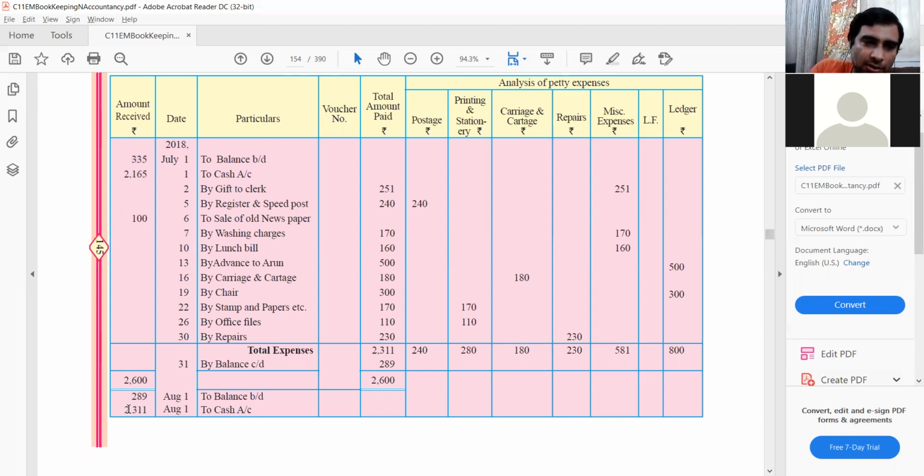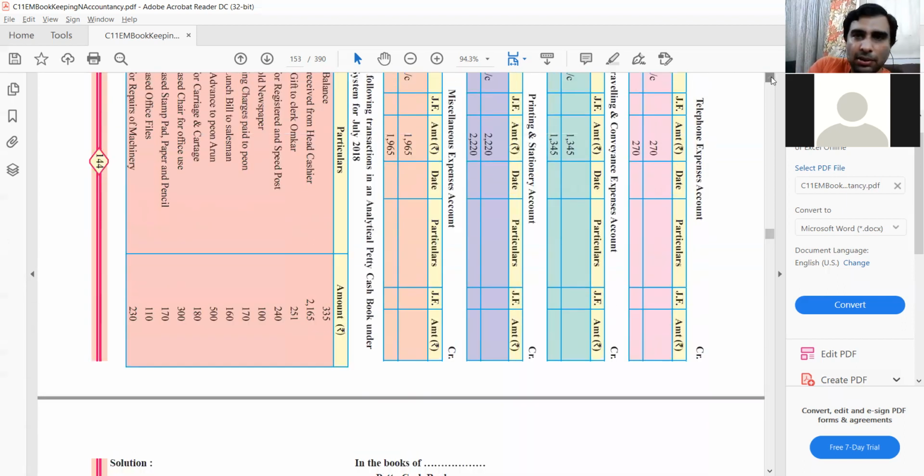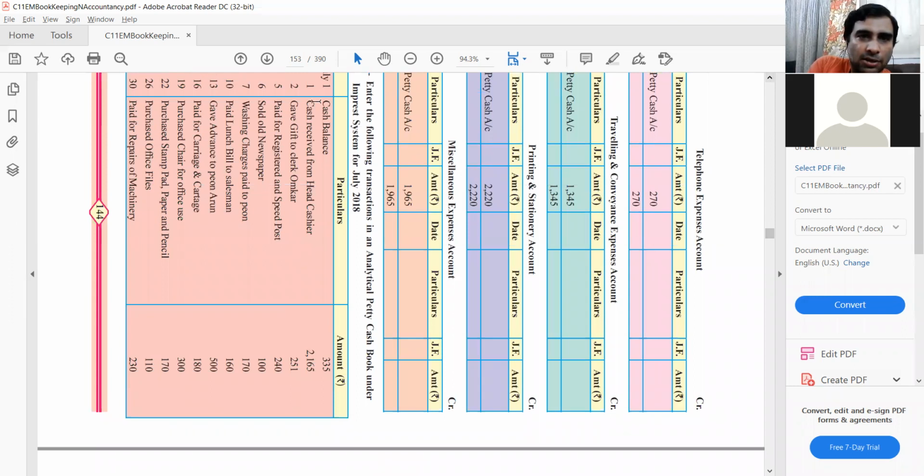If I was correcting the question and I got this answer, I would mark it wrong. Because if you see this, this adds up to 2,500. So on the first day of August also, the cashier should have 2,500 with him, not 2,600. Okay. Yeah, you need to be a little good in math, right? You should be able to look at these numbers and make out that this is adding up to 2,600 and this is adding up to 2,500. Okay, the question doesn't mention anything. We're assuming it is cash received from head cashier. They're not saying imprest cash received. If they use the words imprest cash received, we will assume that the imprest amount, this plus this, adds up.